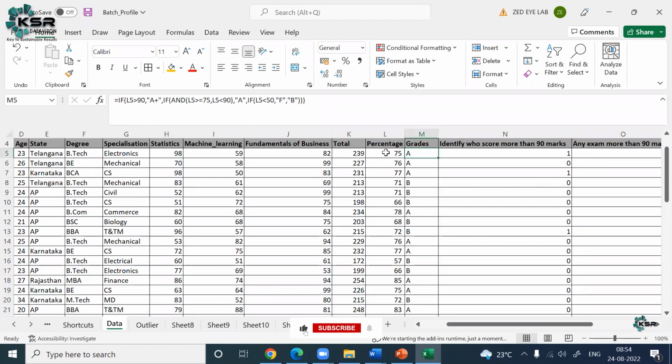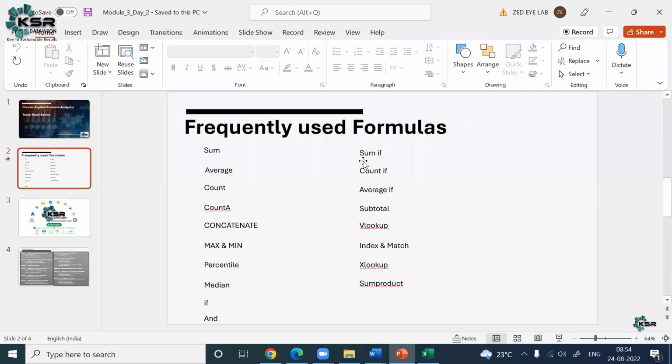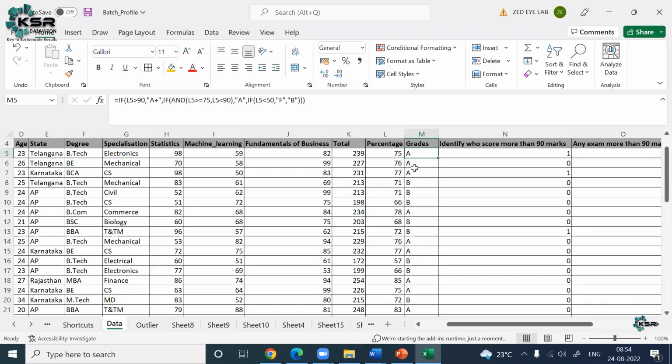Okay. So ifs is very powerful for you to check multiple conditions and apply the grades or apply the values for your data preparation. Okay, let's look at the next formula. What we want to cover is sum if and count if. Now sum if and count if is basically worked upon like